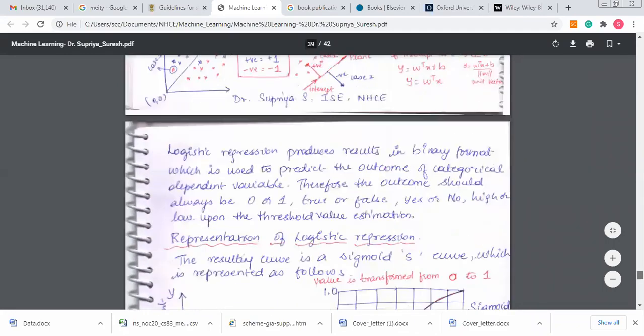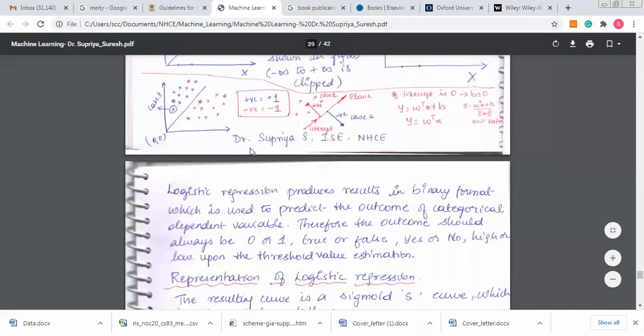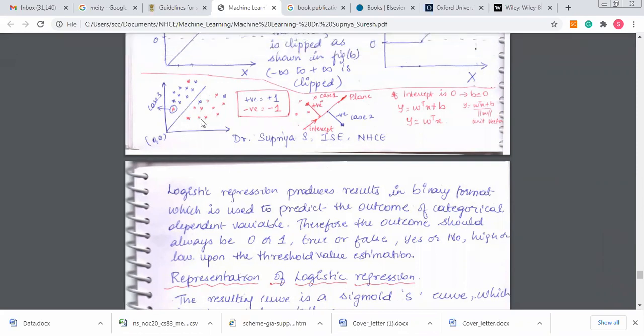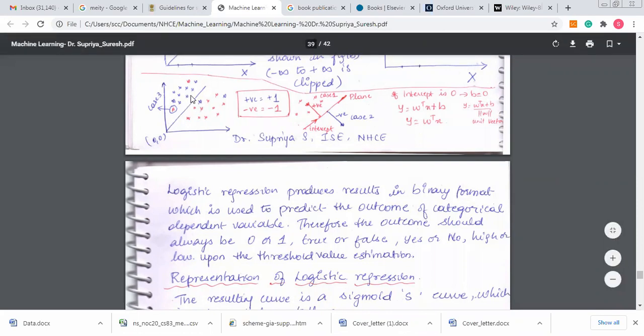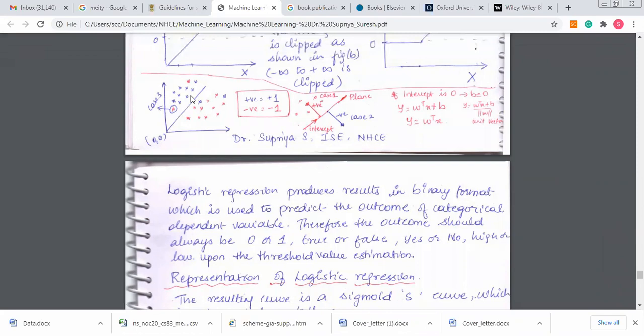Let me start from case 1. I have a classification problem. There are 2 colors specified here. I have to classify the given balls into the red or the blue category. The data is scattered like this in a 2-dimensional space. It's a positive line, so m is going to be positive here. I have to draw a line such that it separates these 2. The balls will fall under the blue category, or everything will fall under the red category.